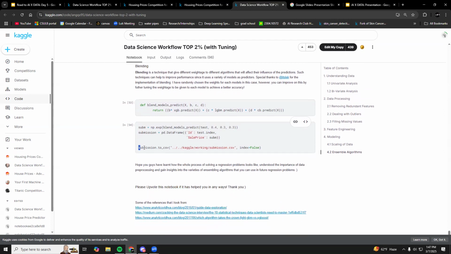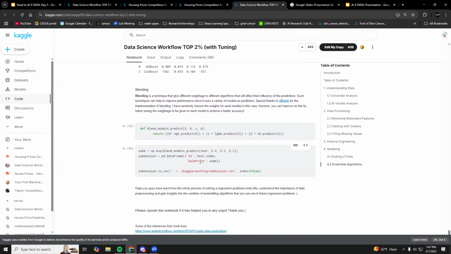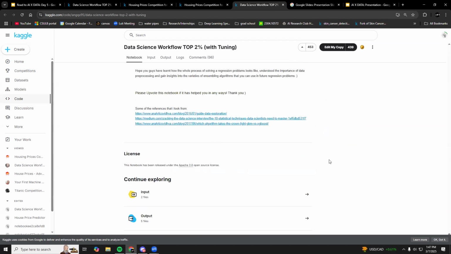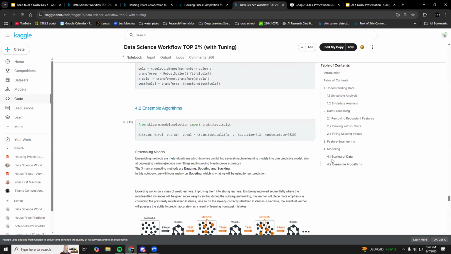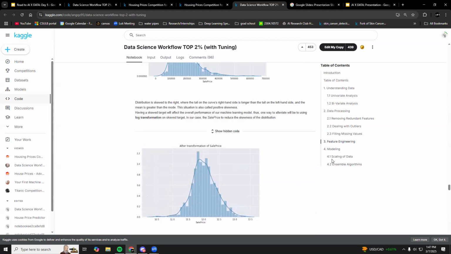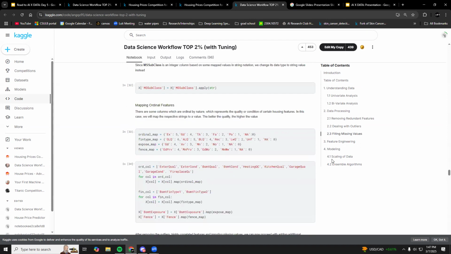But this is how to get your outputs into a CSV, and you're going to have to actually make your submission. He shows how to make your submission data frame. It's literally just the ID, which would be the index of the test set, and the thing that you're predicting. Anyways, I just wanted to go through that notebook, a really beautiful notebook and something to strive for. This should give you a really high level example of what you're trying to do.